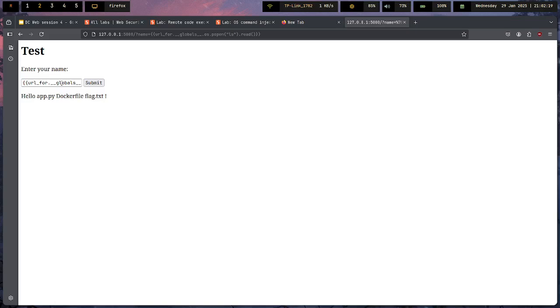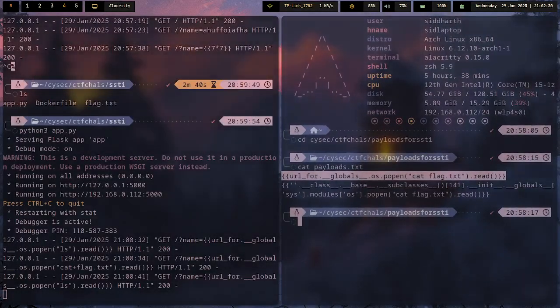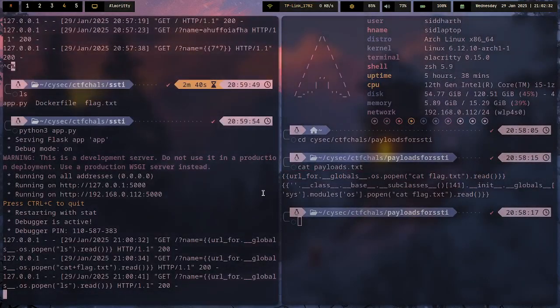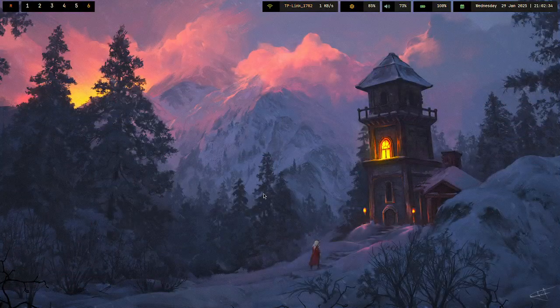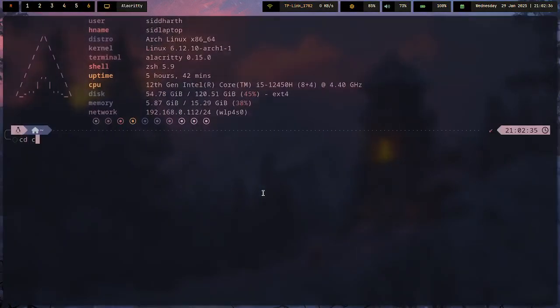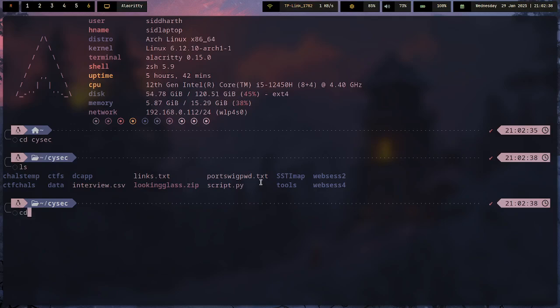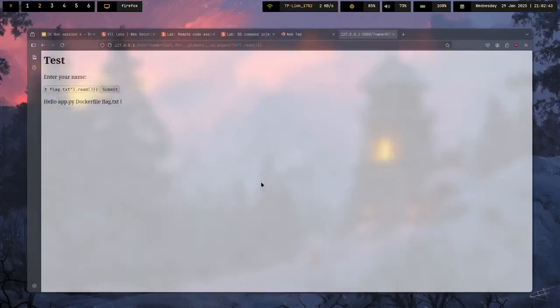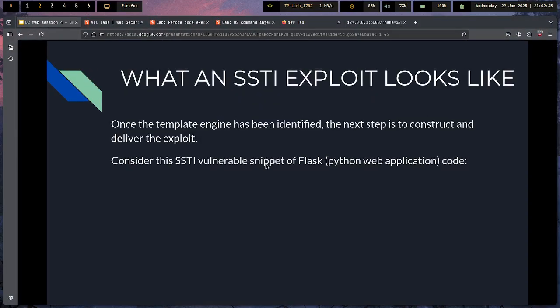Now let's try out the automated tool that I mentioned earlier, right? In this case, I manually entered this payload, and it eventually led to an SSTI attack. Now let's try out something else. So I'll open another window. Okay, SSTImap is an amazing tool that can be used to